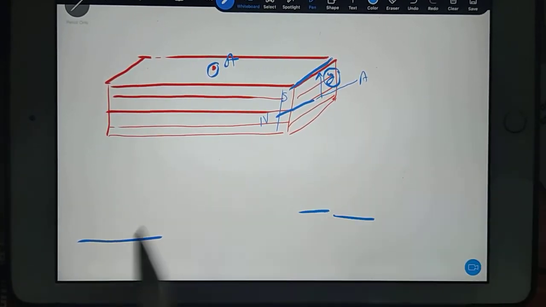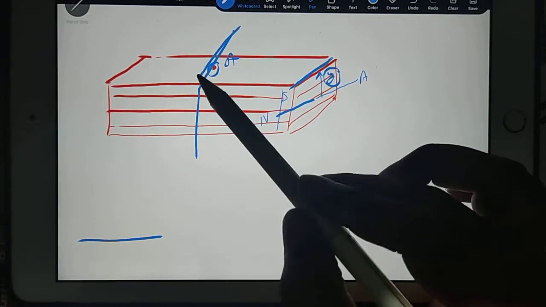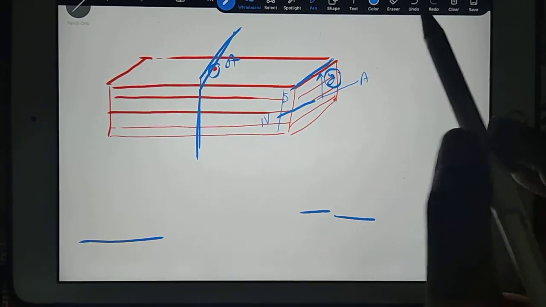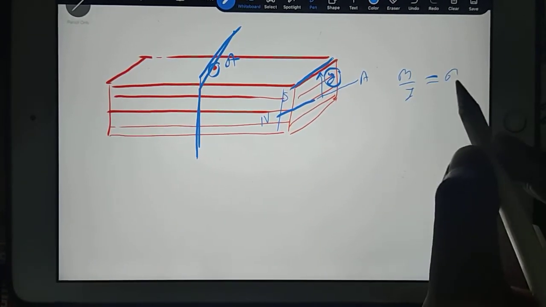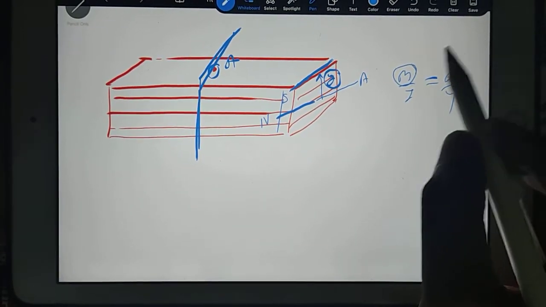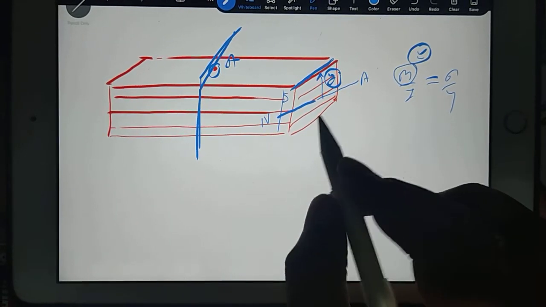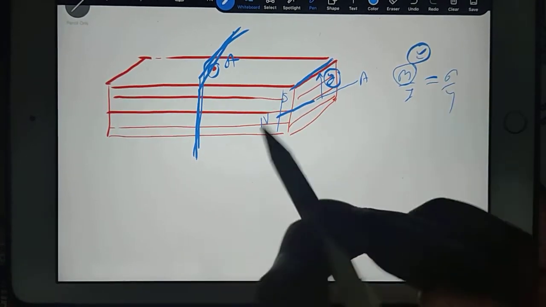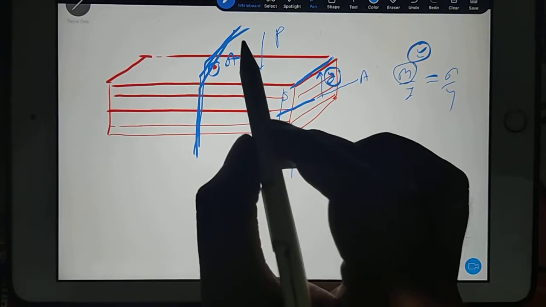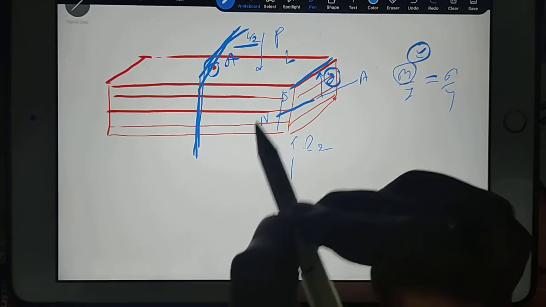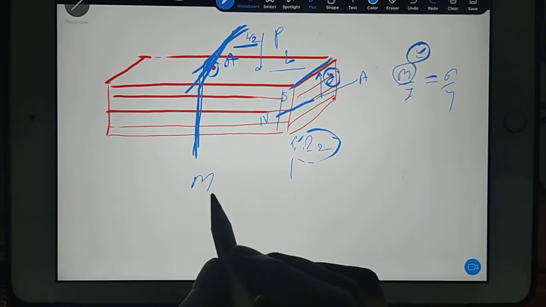Okay, so that is fine, but our job is that at this section, if you cut the beam at this section, what is your bending moment? Because for the bending moment we need to solve the equation. May I show you the equation, right? In this we need the M value. So how will you calculate this M value? See, there are two ways. Either you calculate mathematically, like at this section, how will you calculate bending moment? That bending moment is because of this force P and because of this reaction R2, correct? So this is your L by 2 distance and this is your L distance. So for R2, you find out the bending moment at point A.